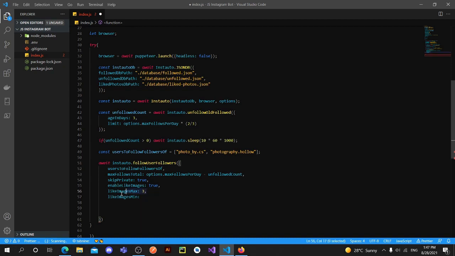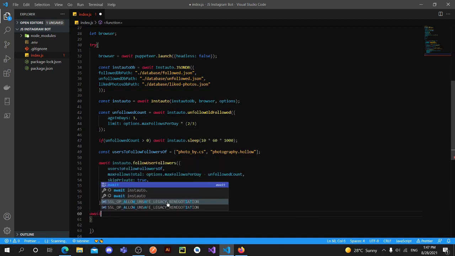If it is only 3 maximum, it will like 1, 2, or 3 posts of that user, and if we have max and min value the same, it will always like the same amount of images, and we're going to set that to 2. It's better. 3 is a lot. Okay, and that's all the configuration here,